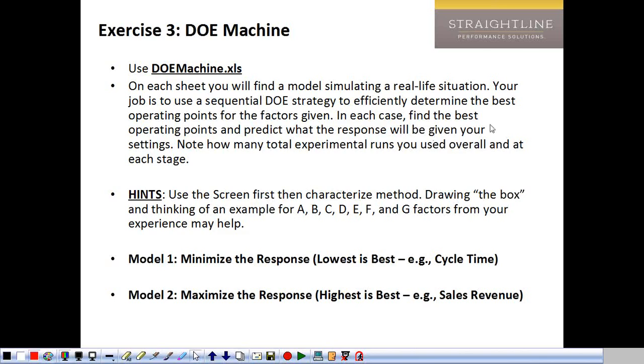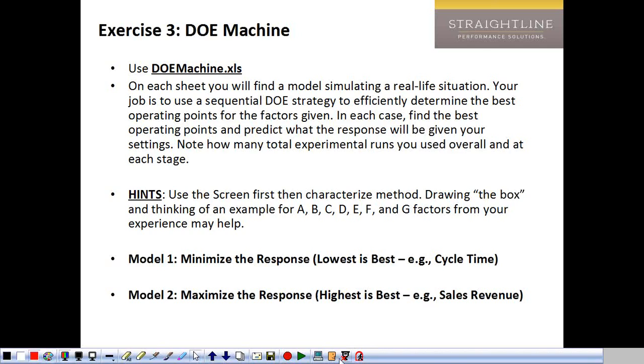Okay, so I'm asking you to start out using an example with 7 factors, and then in Model 1 we're trying to minimize the response. For example, in this case, maybe cycle time would be a nice analog for you because you've got 7 factors trying to minimize the response. Cycle time you want to be low. Okay, so